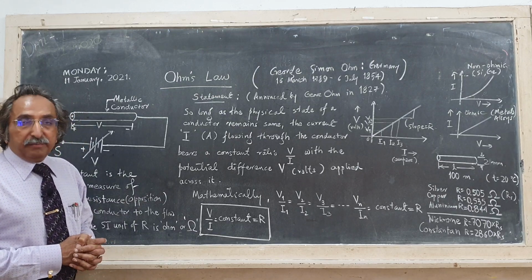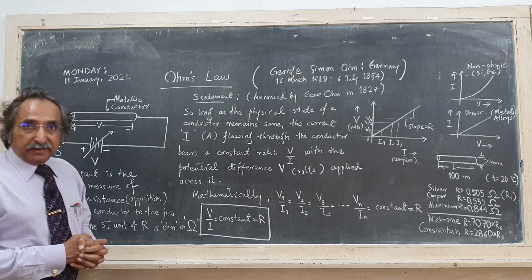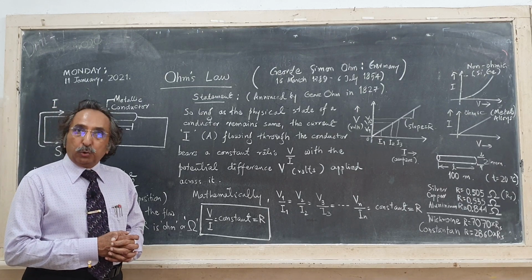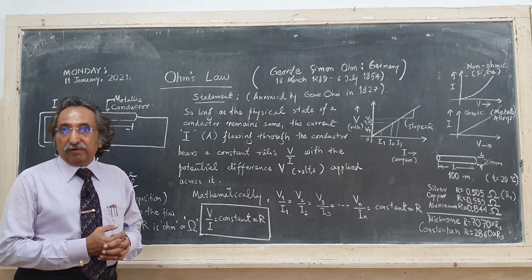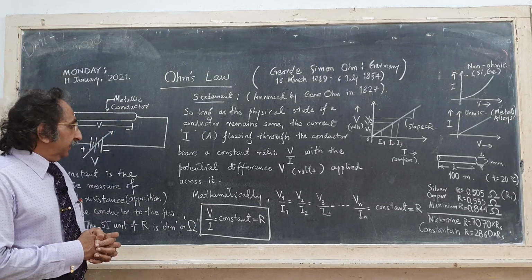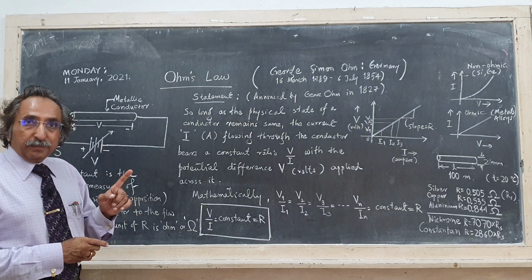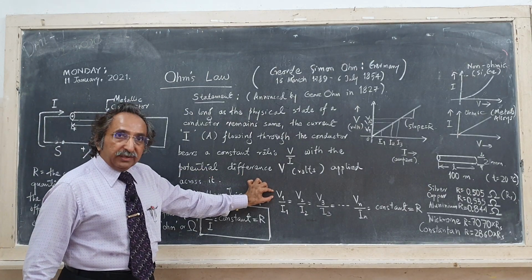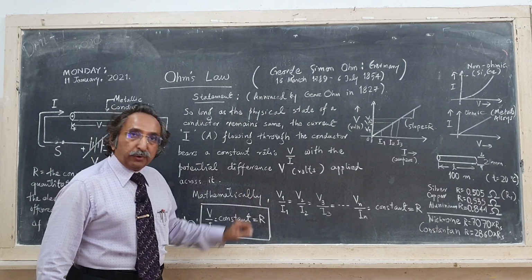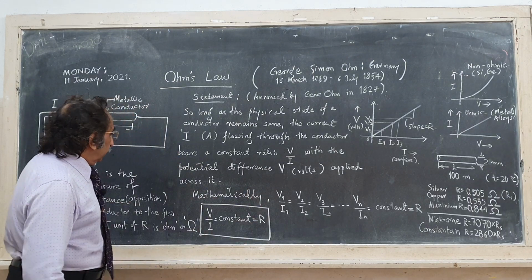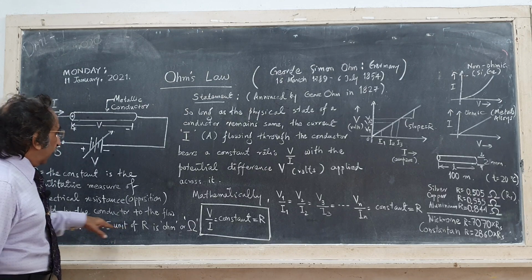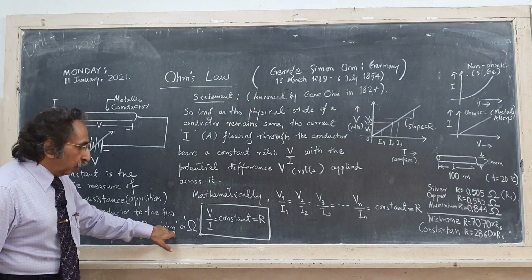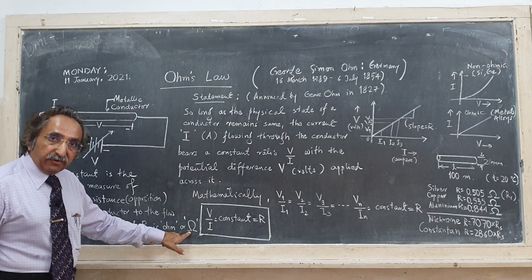What is R measured in? R, that is the electrical resistance, is measured in ohms in the SI system of units. It is 1 ohm if the applied voltage is 1 volt and the corresponding current produced is 1 ampere. The unit of R is denoted by the Greek letter capital omega.